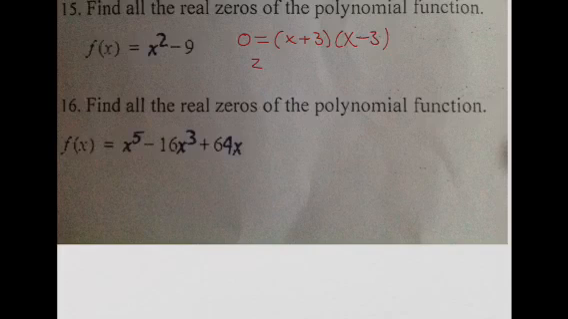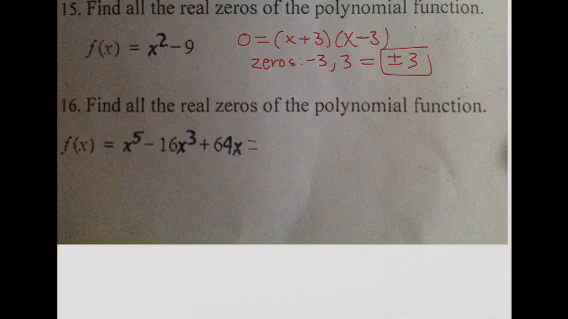So then the zeros are, for the first factor, negative 3, for the second one, positive 3. So you could just write it as plus or minus 3. Those are the zeros. For number 16, first you take out any greatest common factor that it has, and this